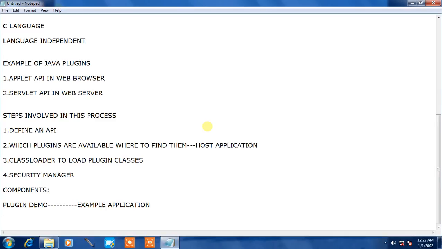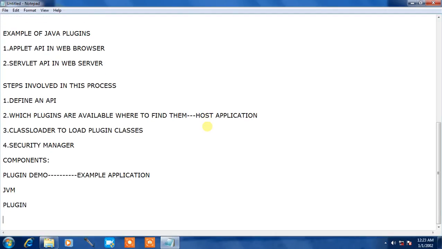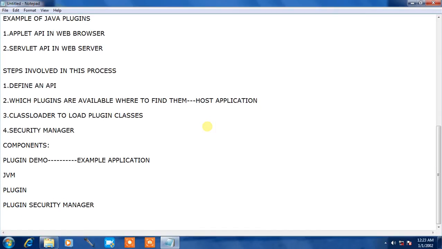The various pieces are the JVM, plugin, plugin security manager, and plugin class loader. All these are called components of the plugin example.